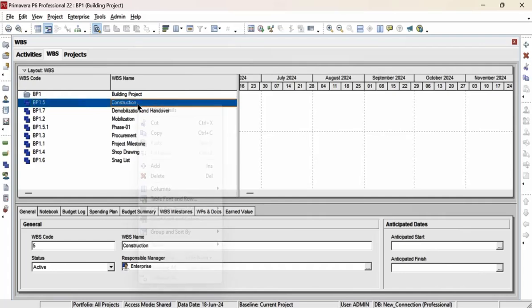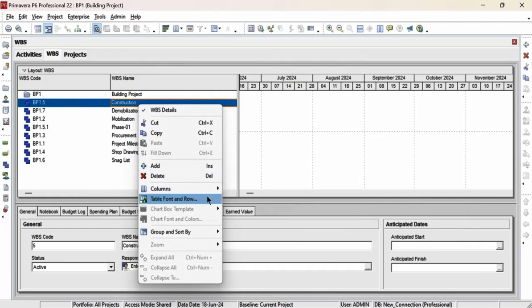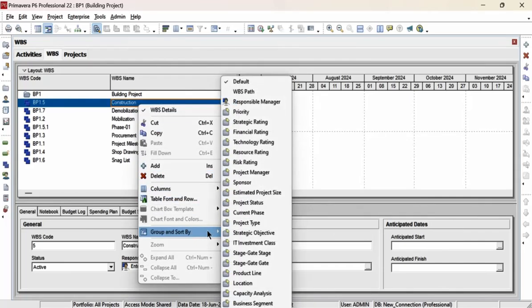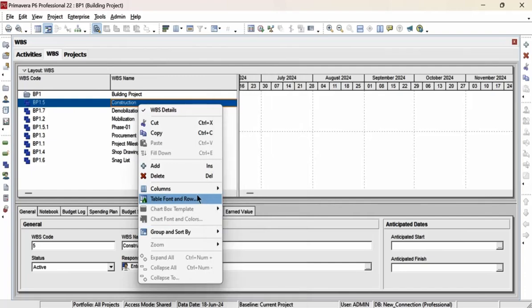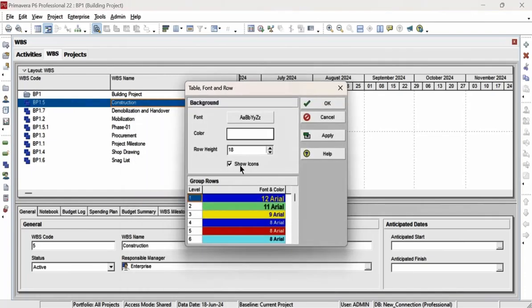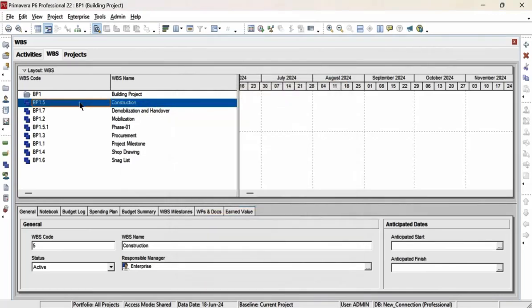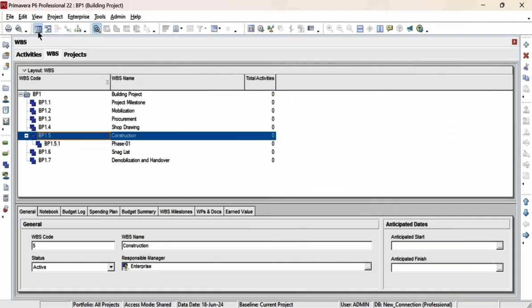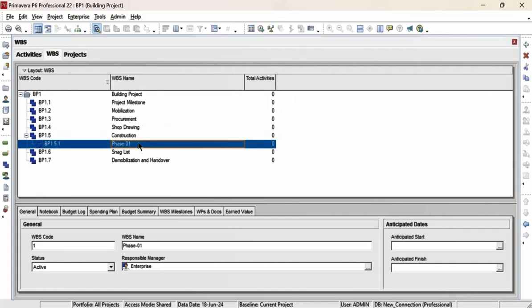Okay, I will change the format from the group and sort. Yes. Now our phase 1 is under the construction,